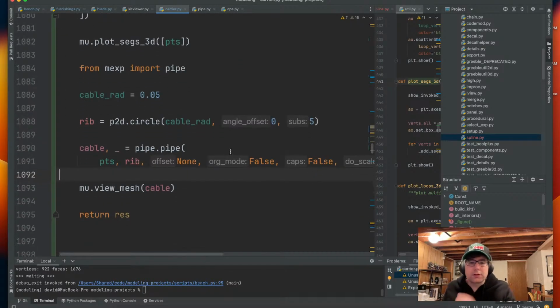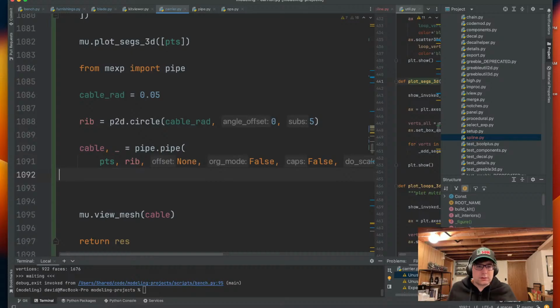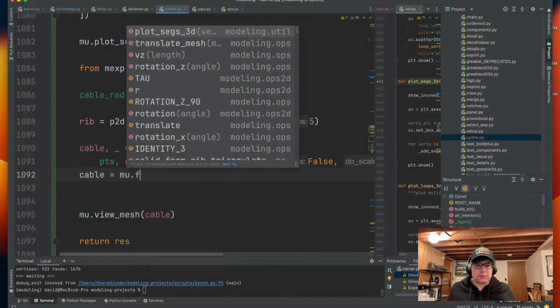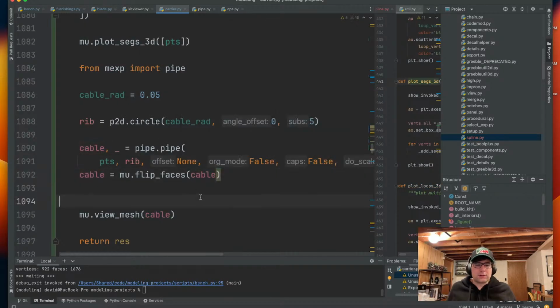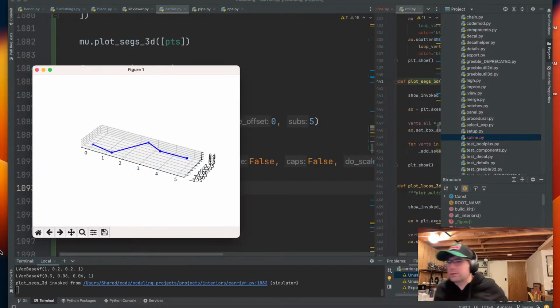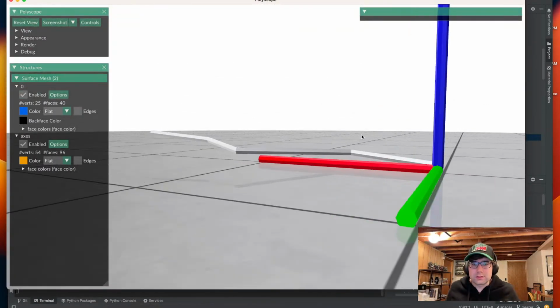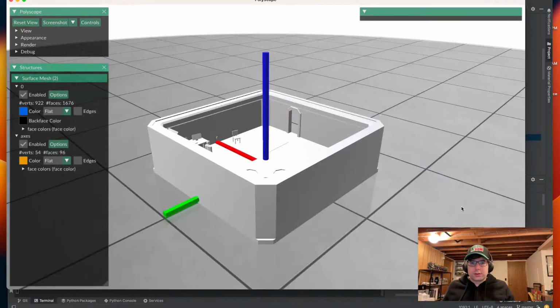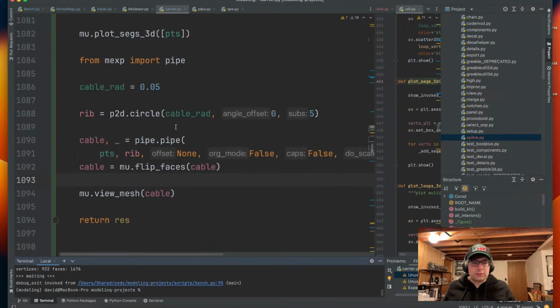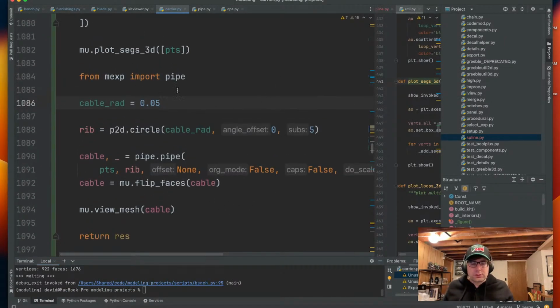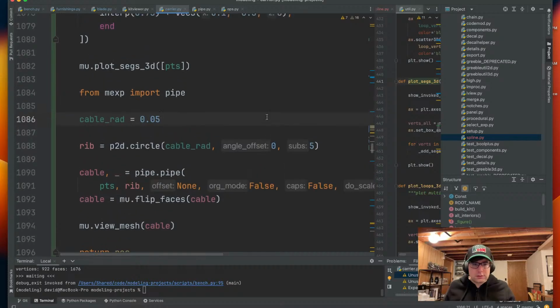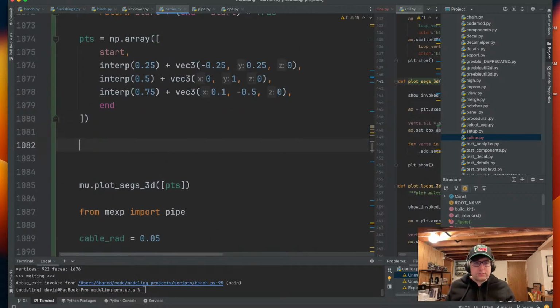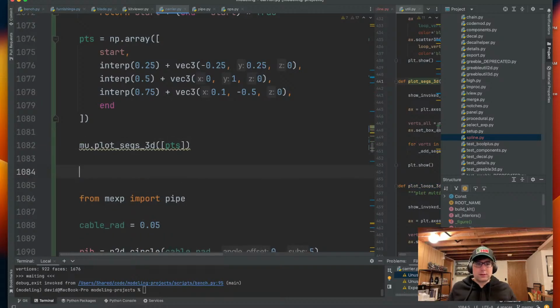Okay, so, and we're gonna turn this inside out. Yeah, faces. Okay, so this is what it looks like without the spline smoothing. So what we want to do now is we want to add smoothing, and so what we're going to do is points equals